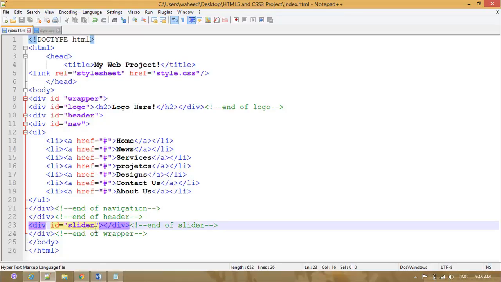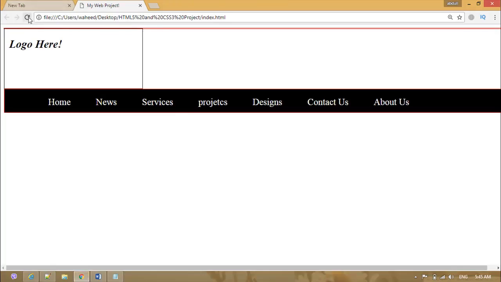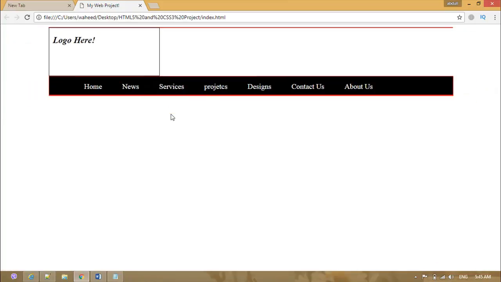SLIDR, id is equal to slider. So here also SLIDR with 100% float left, border 1 pixel, solid red. Control S and refresh. Now you can see,